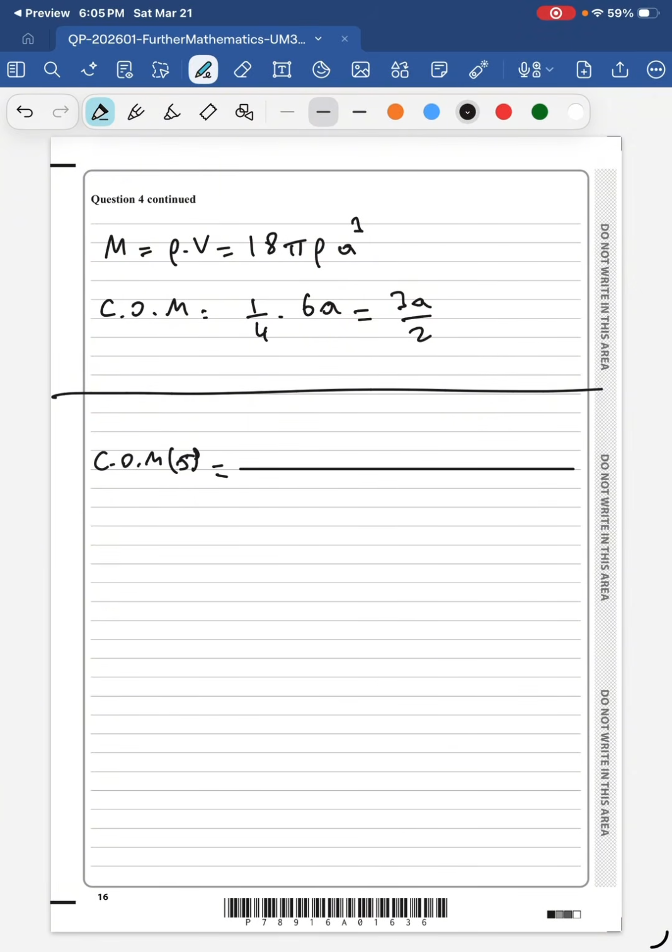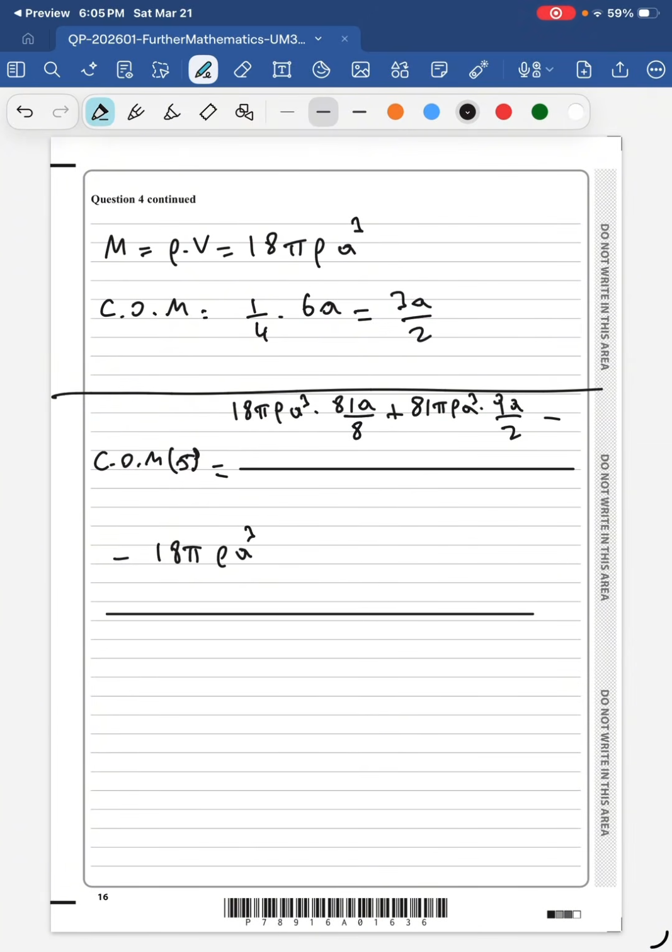the mass of the hemisphere, which is 18 pi rho a cubed, times the center of mass of the hemisphere, which is 81a over 8, plus the mass of the cylinder, which is 81 pi rho a cubed times 9a over 2, minus, let's extend the fraction in and below, so minus 18 pi rho a cubed times 3a over 2, and then the denominator, I'm going to write it in red, and we have to write 18 pi rho a cubed